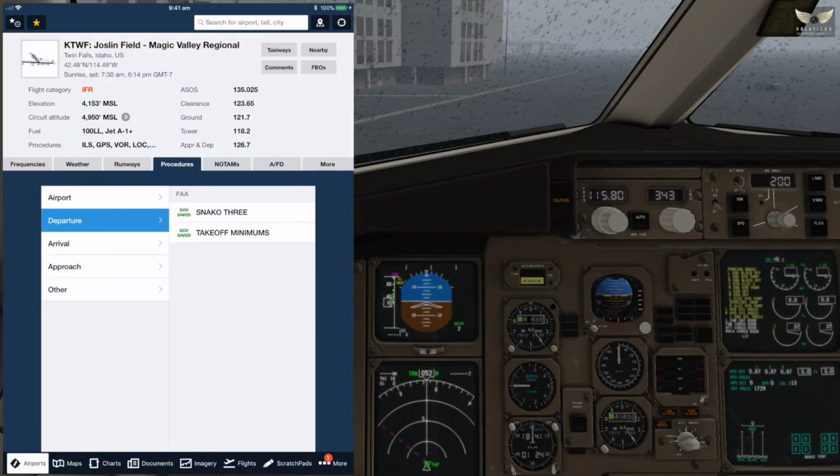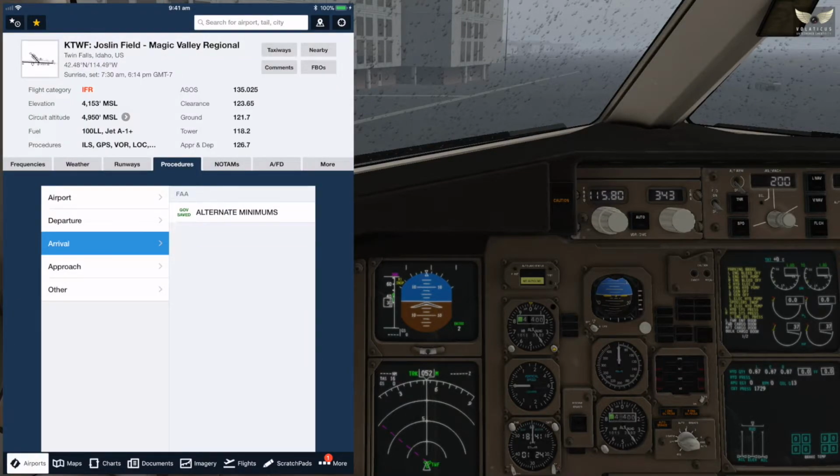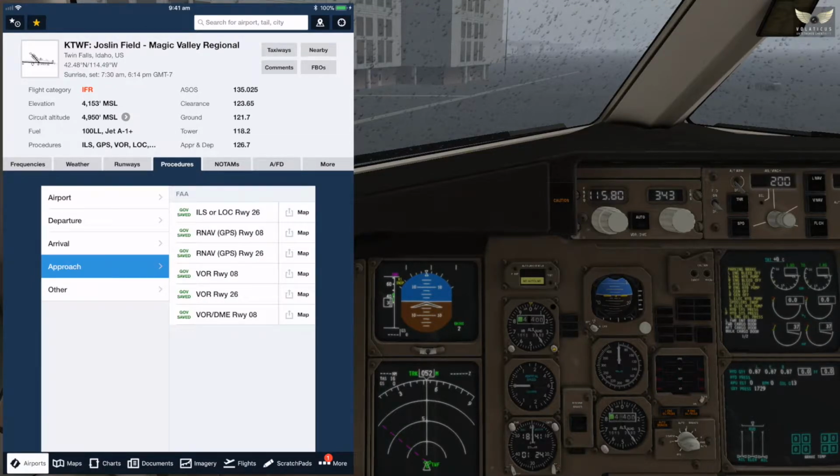Go back to the airport. We also have arrivals into Magic Valley Regional in case we needed to come back in. That's STARs, and our actual approaches. We've got an ILS 26 which we'd use. However, if we had to come back in, I'd probably opt to go into Boise International, somewhere with more facilities. And it's such a short flight that, unless we had a grave emergency, continuing en route to Salt Lake City would probably be the right thing to do,